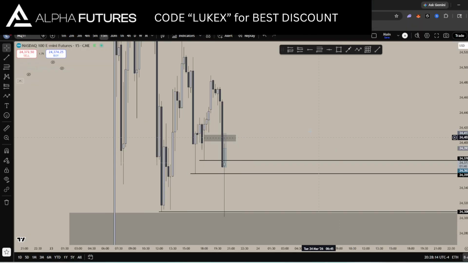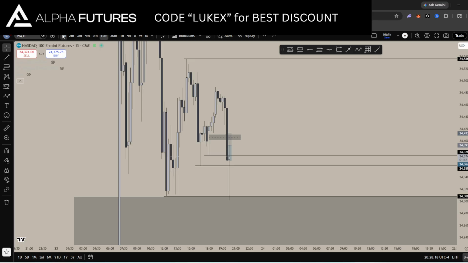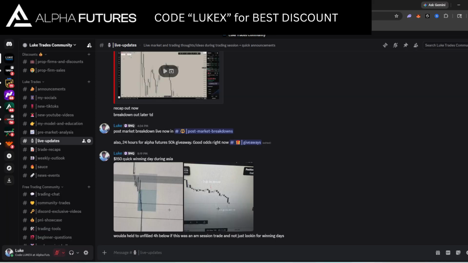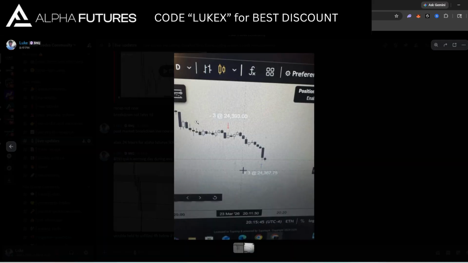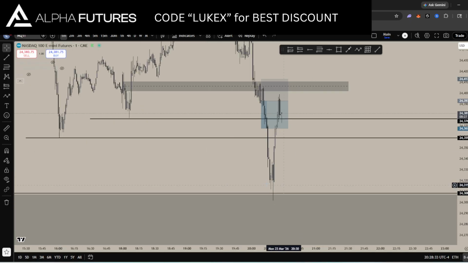It's Luke here. Today I'm going to run through this trade recap from this trade that I took tonight in Asia. Even though this was a very simple trade, obviously I didn't catch the entire move. This was literally a small, like 1.2 hour trade. I want to show you guys because I want to tell you how I've been trading Asia lately. Executions are in the Discord right here. I just literally took this with 3 micros in and out. Obviously, ideally, I would have held this unfilled 4 hour. I'm going to get into that, but I'm going to tell you guys how I've been trading Asia.